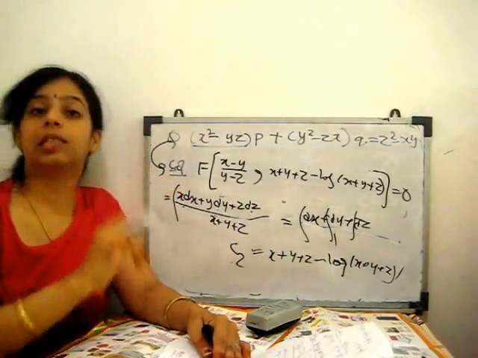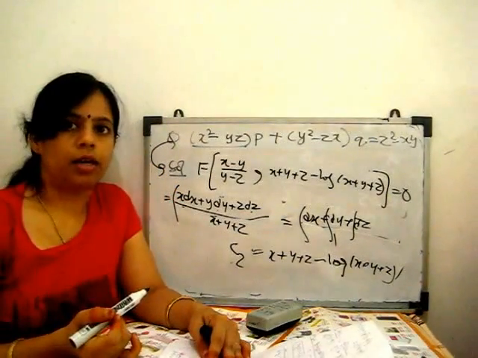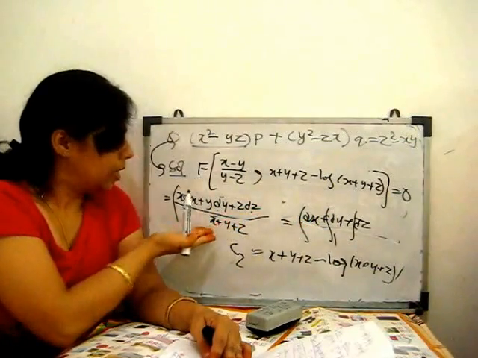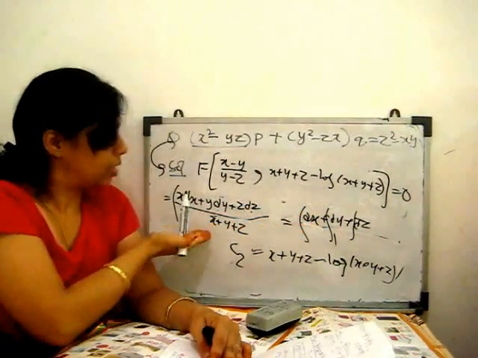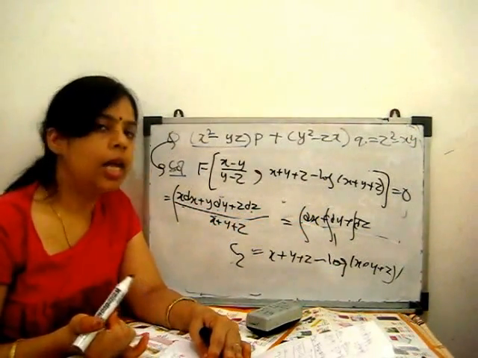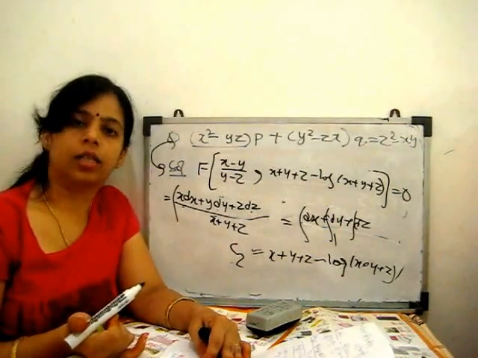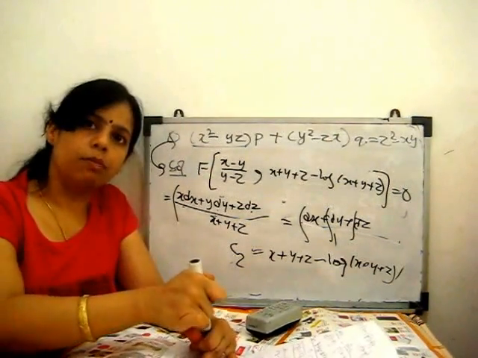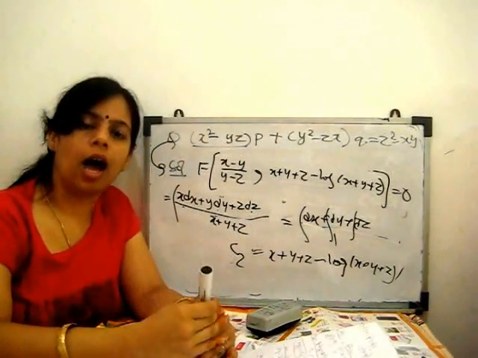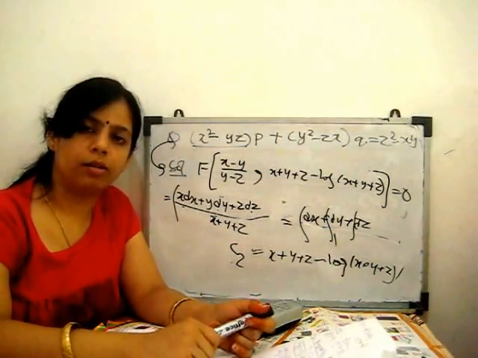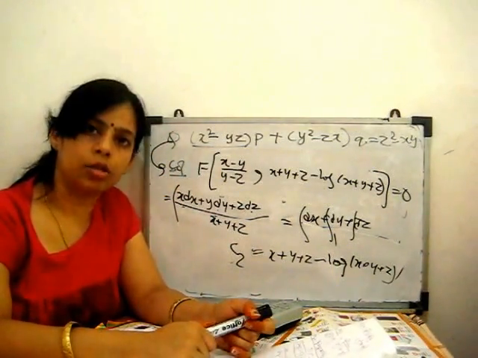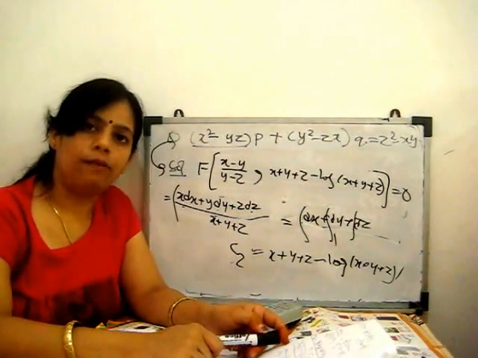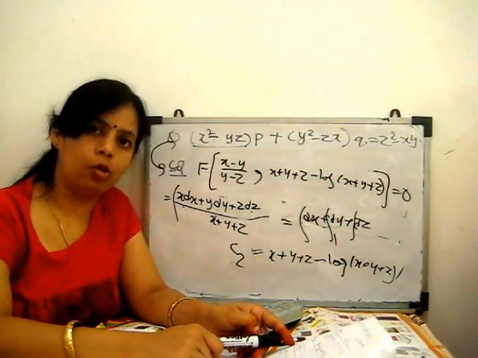So the solution is this. See, it's very difficult to think that it's the method of multiplier, that we can multiply this and then break the denominator. This will happen only with practice. If you practice lots of these types of Lagrange's method equations, you can easily get the idea how to use the method of multiplier, or how to solve by the direct integrable method. That's all for today. Thank you very much.